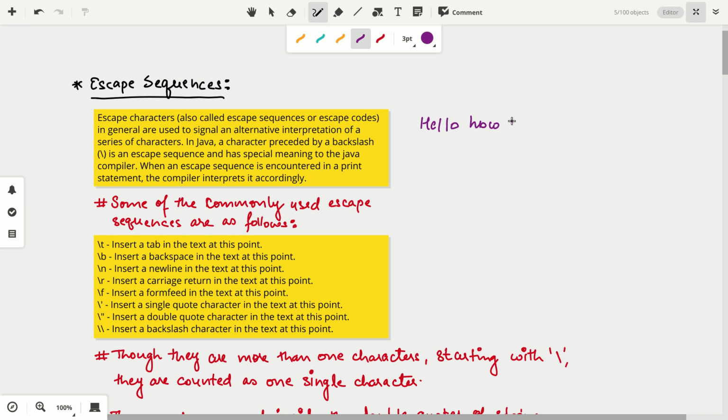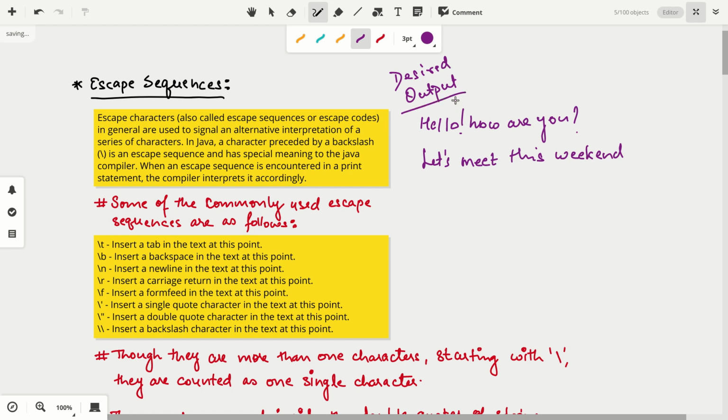Hello, exclamation mark, how are you. This message you have to display, and then you can write something, let's meet this weekend. So we use System.out.println. Of course, we'll use System.out.println. The desired output is this.